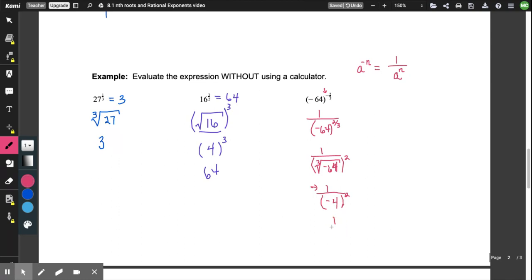So now I just need to figure out negative 4 squared. Negative 4 times itself would be a positive 16. So this negative 64 to the negative 2/3 power would be the same as